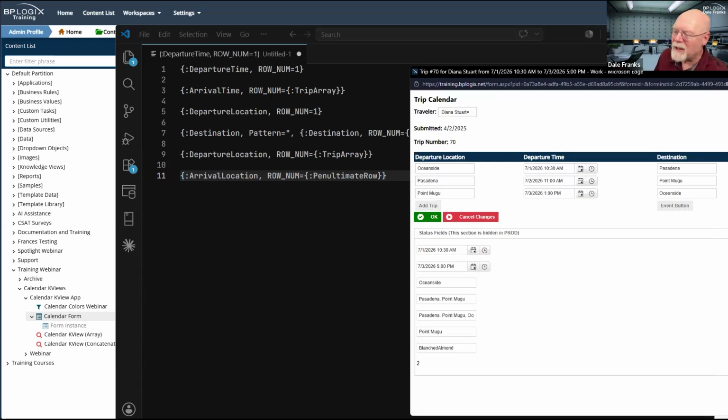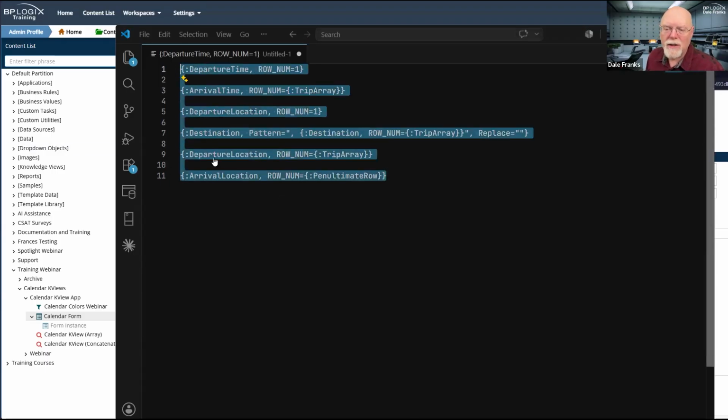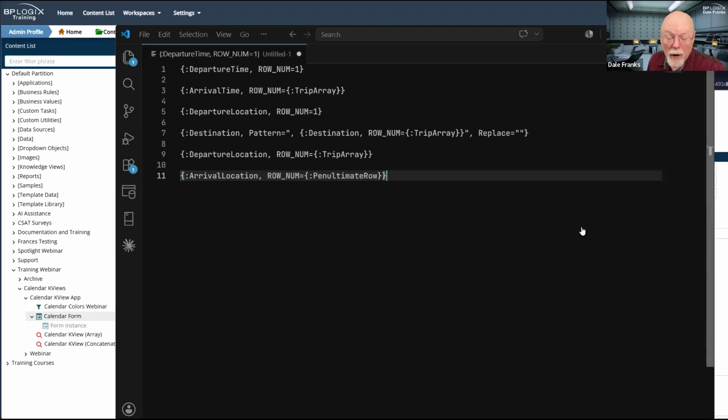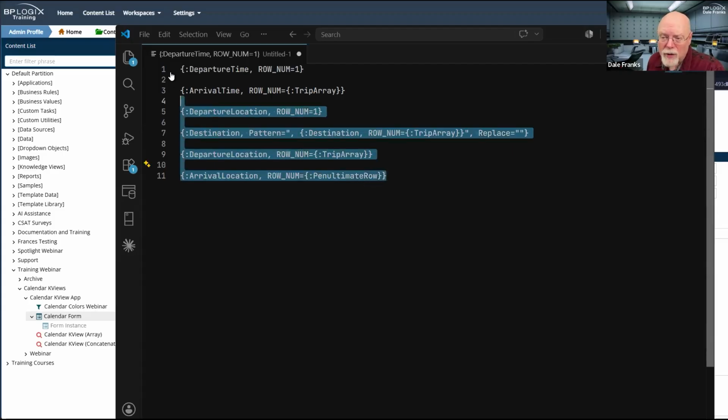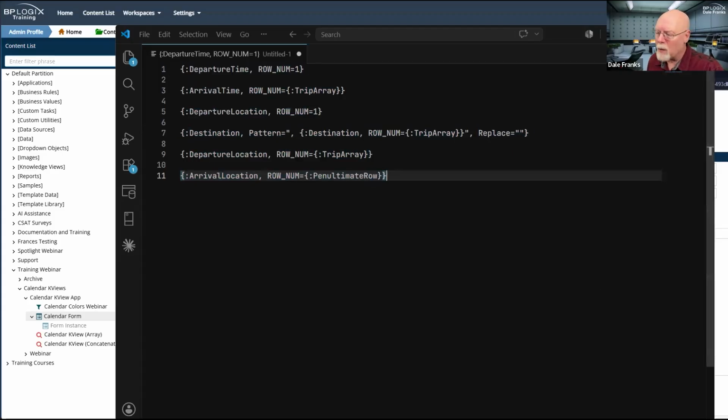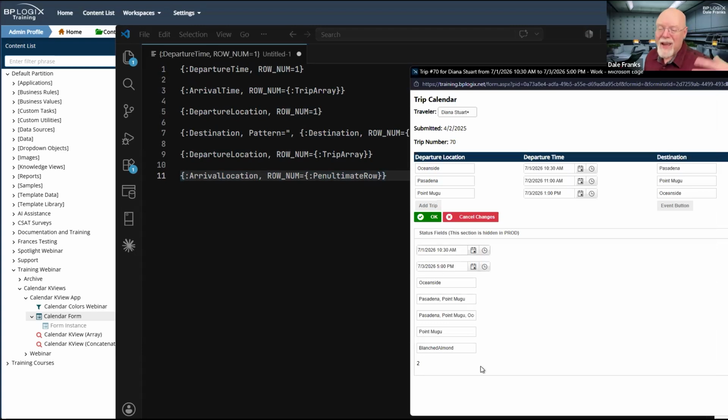There is an advantage to doing them in the form, because then all I have to do is pass the form field value not only to the form, but also whenever I create subsequent knowledge views, I don't have to reinvent the wheel and reconfigure all of this stuff all the time. If I'm building a report object, again, I don't have to try to reconfigure all of this in a report for a third time. I do it once. It lives in the form. It's hidden away, but the data is available for me.